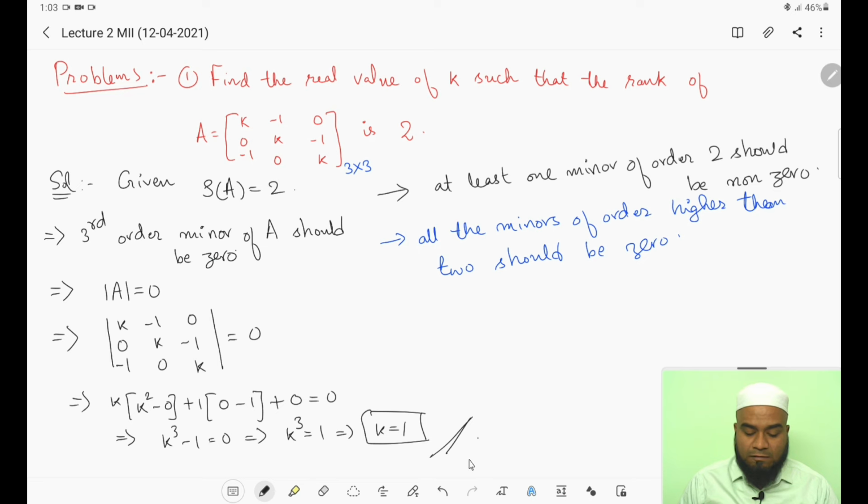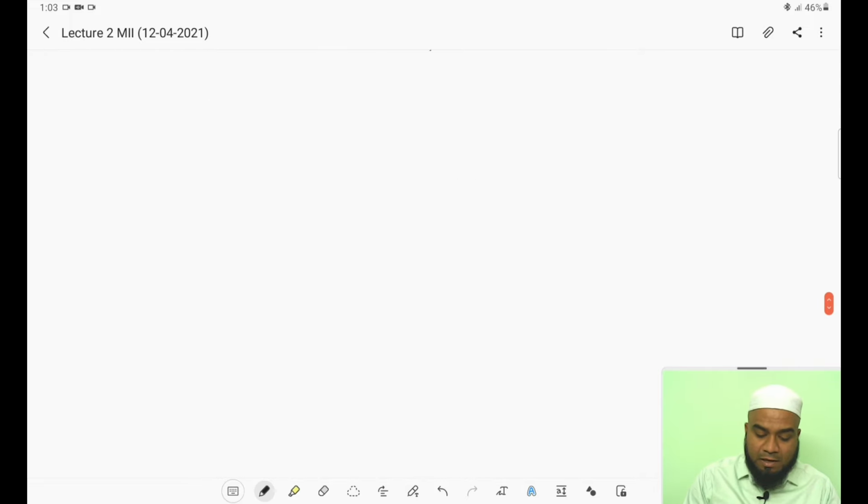This is how we have to solve problems related to the rank of a matrix by using minors. One value will not be given in the question, and the rank will be given. By using that rank, we should either make the determinant equal to 0 or not equal to 0. The rank is given to be 2, so the third order minor will be 0, then the determinant is 0. By using that condition, we calculated the value of k. Second problem we will consider where the rank will be given to be 3.